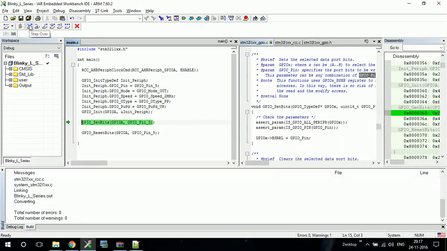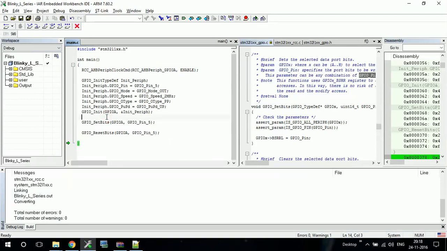Set bits, and now if I press next, my LED in my Nucleo board should blink. And yep, it is glowing now, not blinking actually, because we have set the bit. Now my program is stopped here. Now if I press again, it will stop glowing. So yes, it has stopped glowing. I'll show you this thing in the end of this tutorial.